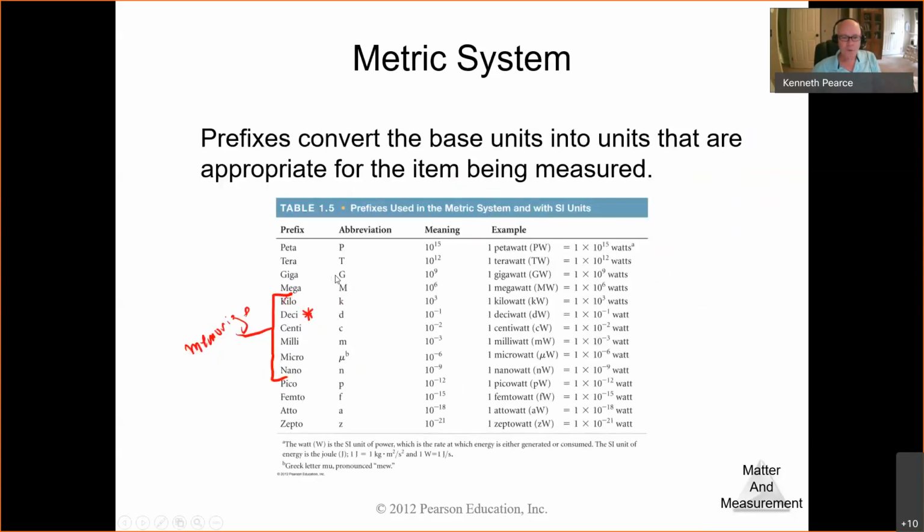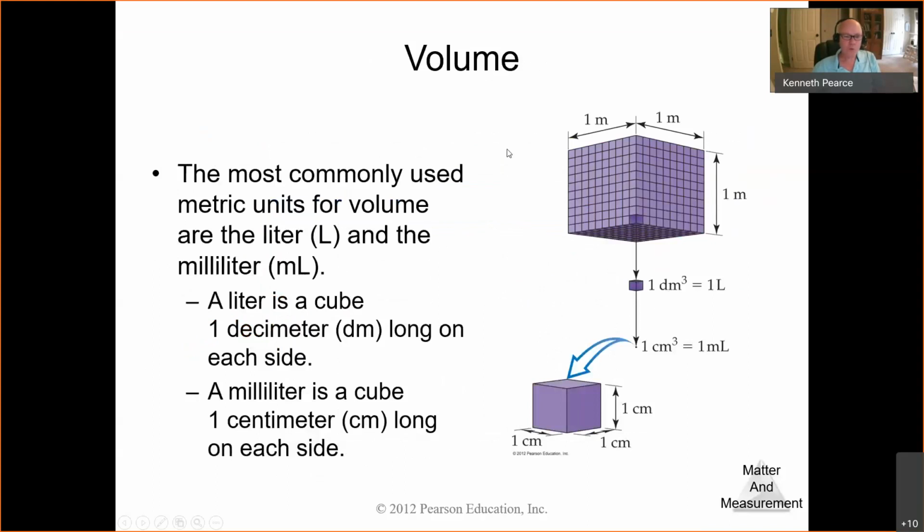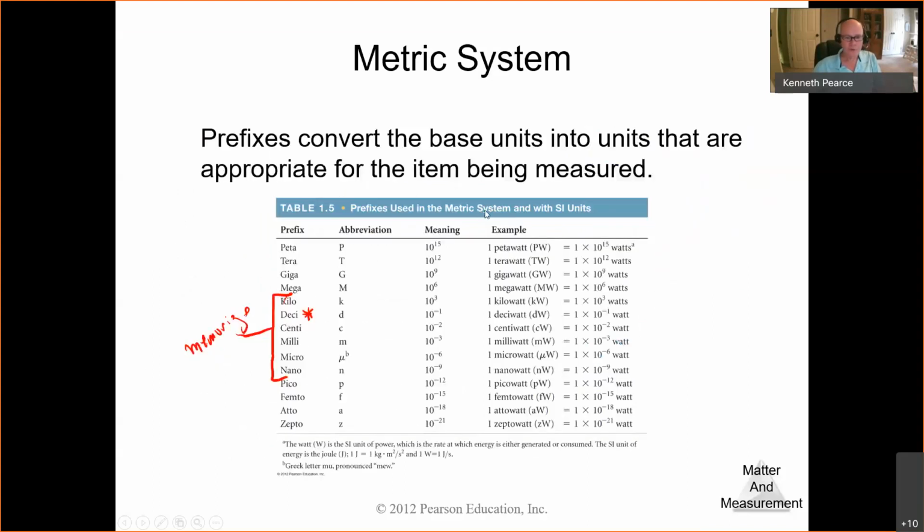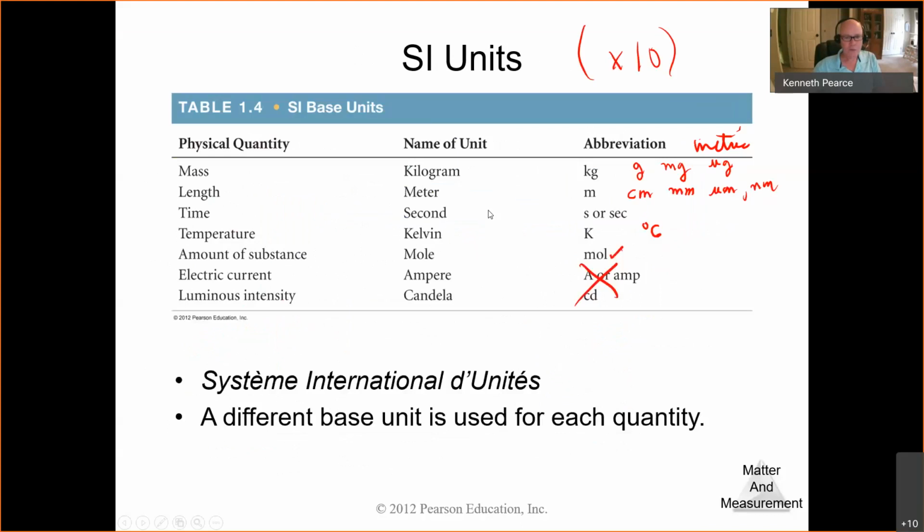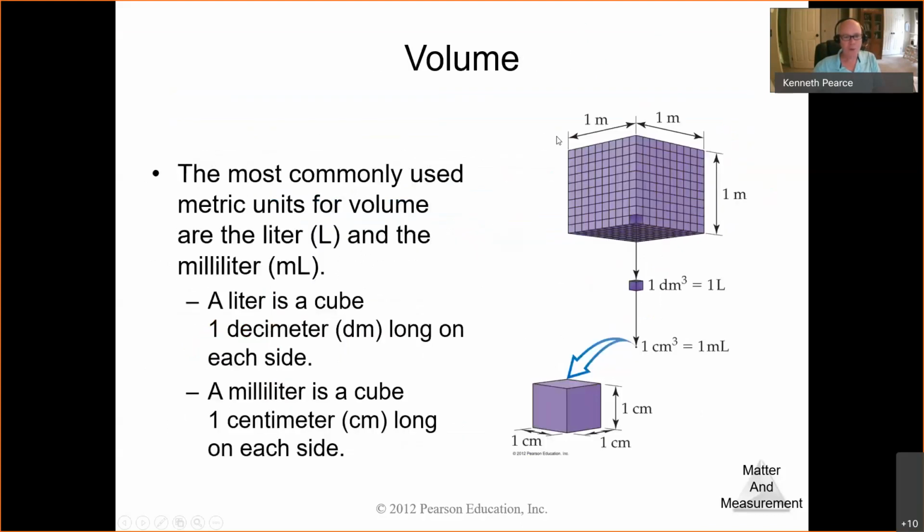Whoops, went a little too far here. And volume, let's see, it should have been back here. They didn't put a volume in there. Volume is a derived unit anyway. And so usually we use a milliliter. A milliliter is 1 centimeter by 1 centimeter by 1 centimeter. And by the way, a milliliter, that's an M, a milliliter is exactly equal to a cubic centimeter, and that's